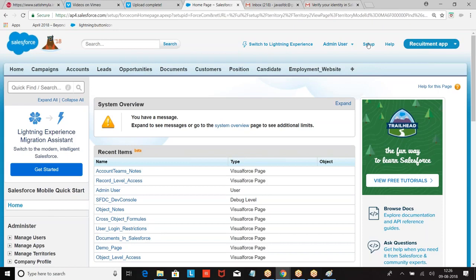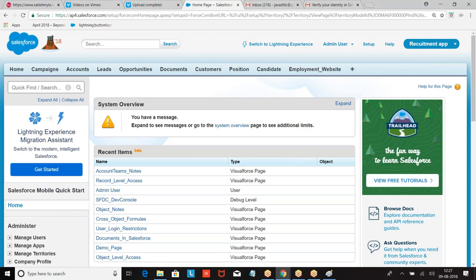What are the extra rules we have seen? Teams and territories. These are the extra things we have seen. Right, Amma? Everyone has followed this? Right. Finally, you tell me, if you are sharing a record, what is the maximum operation we can perform? Read and edit. If you want to delete, you have to go for modify. Role hierarchy will give you delete permission. Territories also will give you delete permission. But territories will work for only accounts. Teams will work for only a particular object.